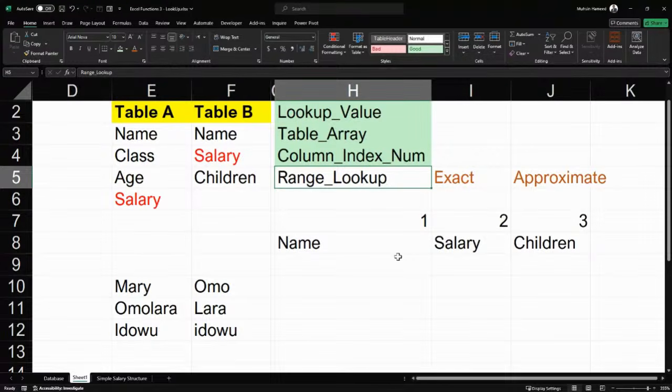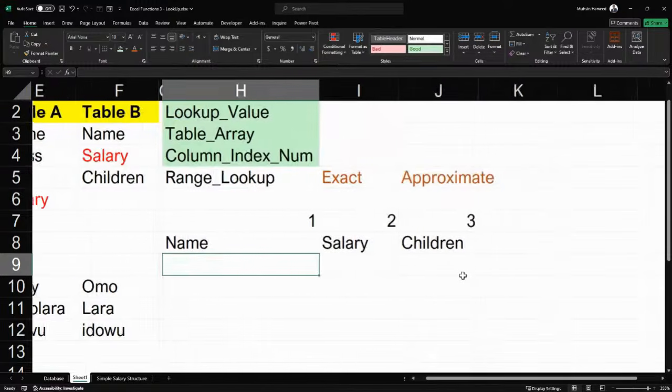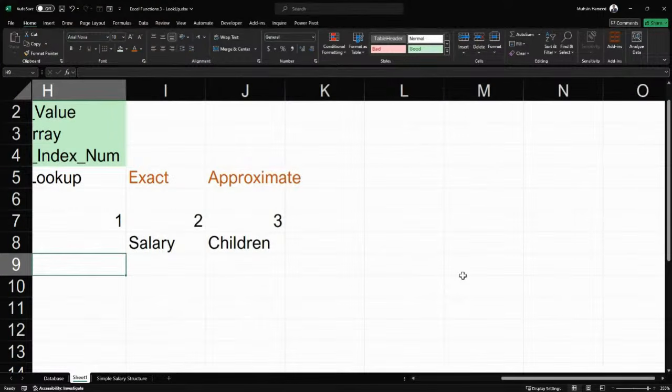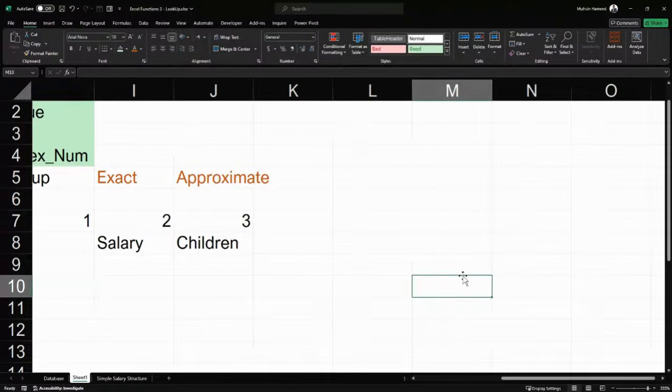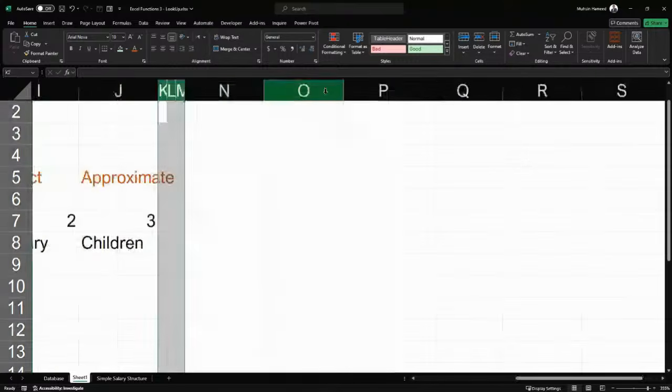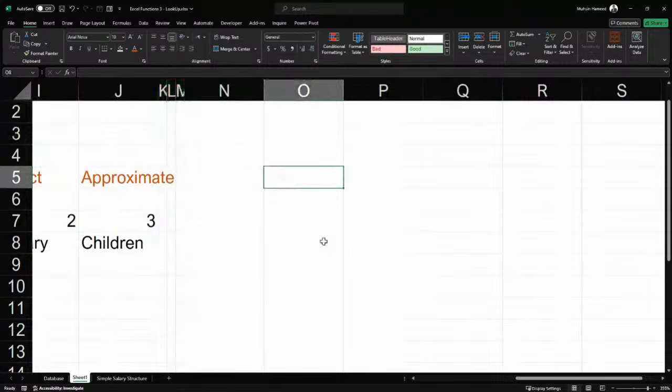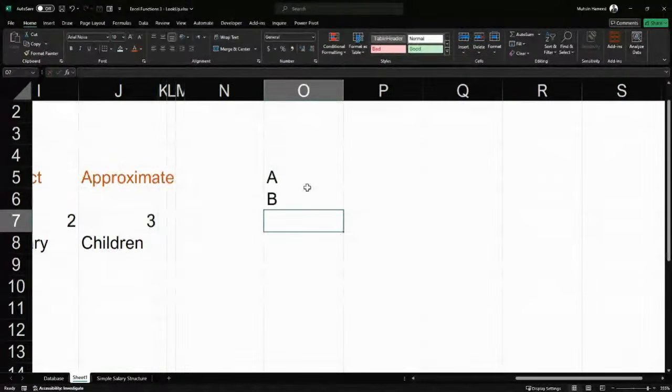All right. The case where you would want to use an approximate match, and I want to say this because for the most part of what you will be doing, you'll be doing an exact match. A practical case for when you'll be doing approximate match is, for example, if you are analyzing students' results. When you have students' results, people will be placed on different grades. So maybe you have grade A, B like this, maybe up to